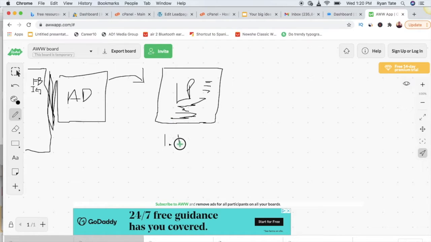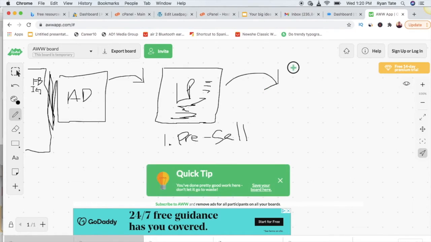This is called a pre-sale. So you're getting people warmed up to whatever affiliate product that you want to link to, right? And somewhere in your article or multiple places in your article, you're going to link them over to the actual affiliate product, okay? And this is where people would land.